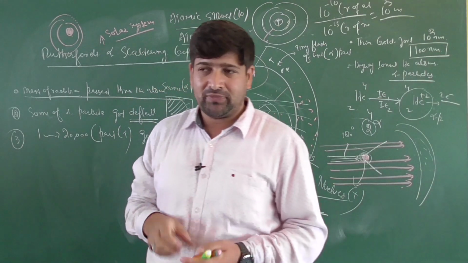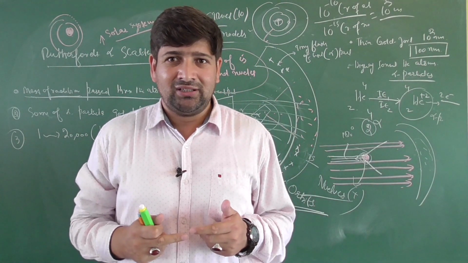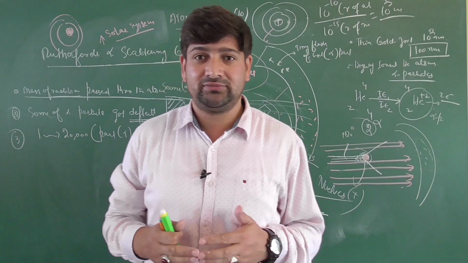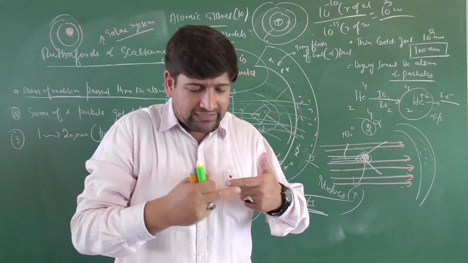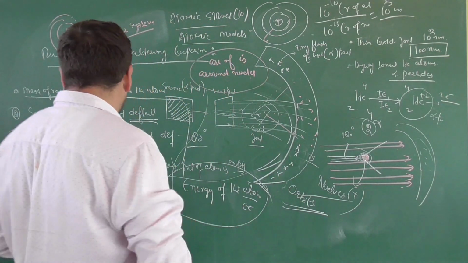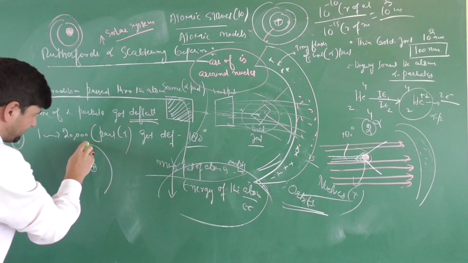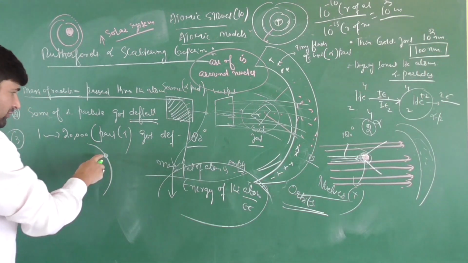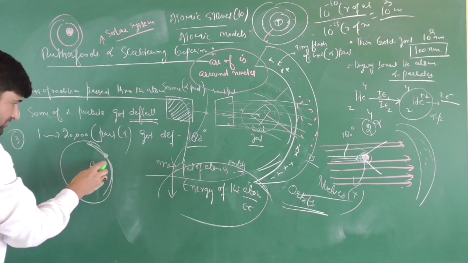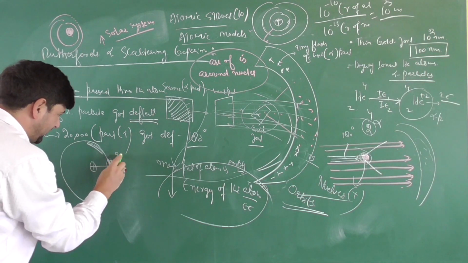We know there's a simple rule that whenever any charged body is moving, it will keep producing electromagnetic field. Yes? And once it produces electromagnetic field, it will keep losing energy. I will tell you that statement with respect to this model of an atom, what exactly is happening. See, we have electron rotating around the nucleus. According to Planck's theory, once it has to move in a circular path, it's a natural rule, it has to continuously accelerate.